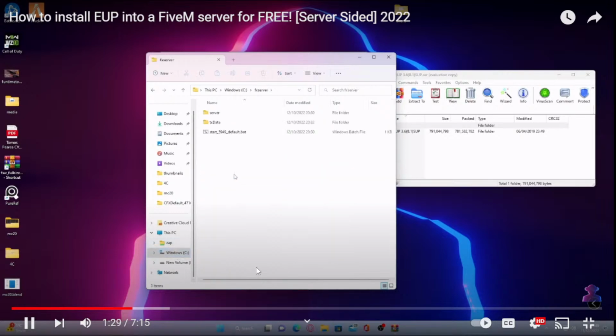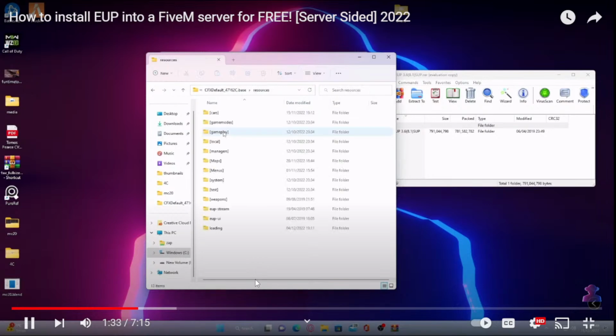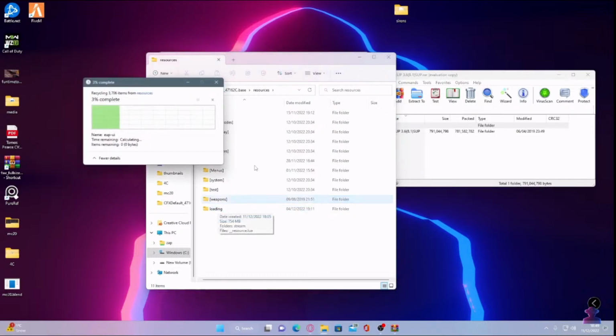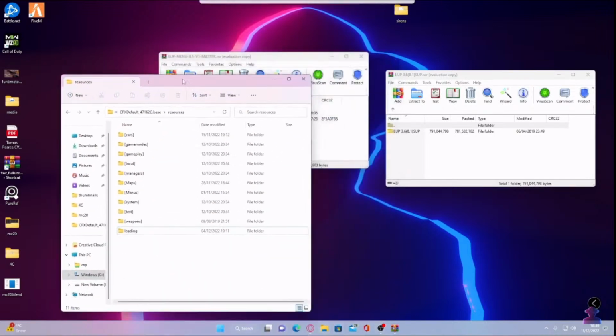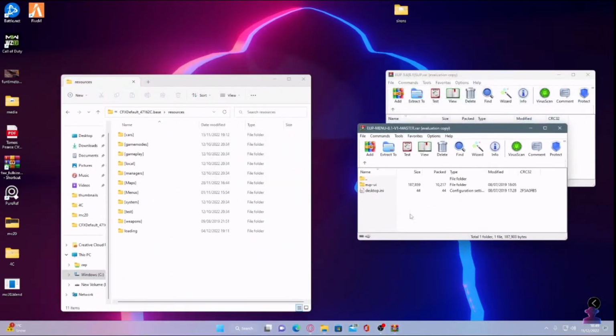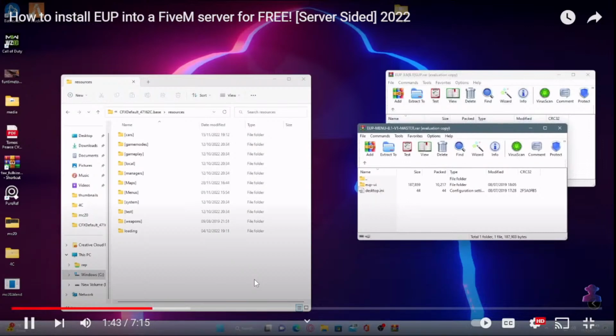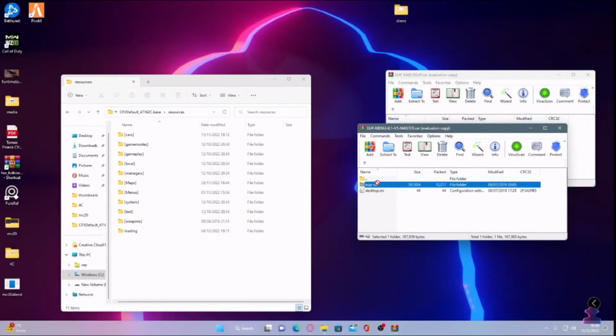Under FX Server, go under txData, and then CFX default and resources. For the sake of this video, I'm just going to delete it because I already have it installed. What you are going to want to do is very simply grab your EUP UI folder and drag and drop it into your